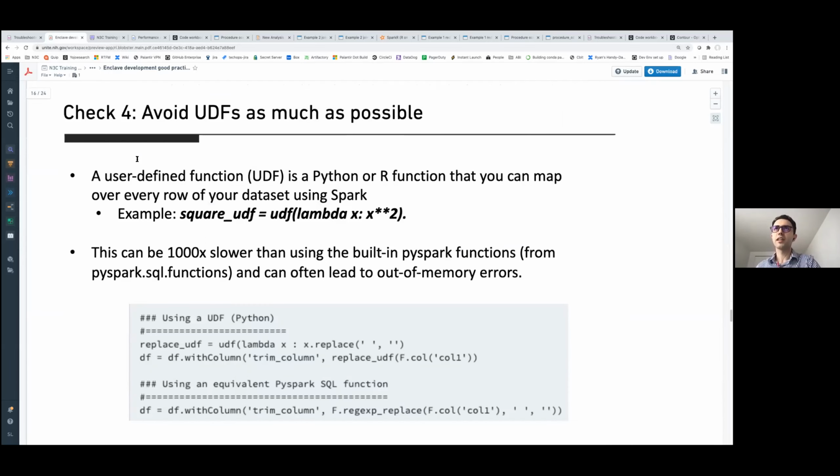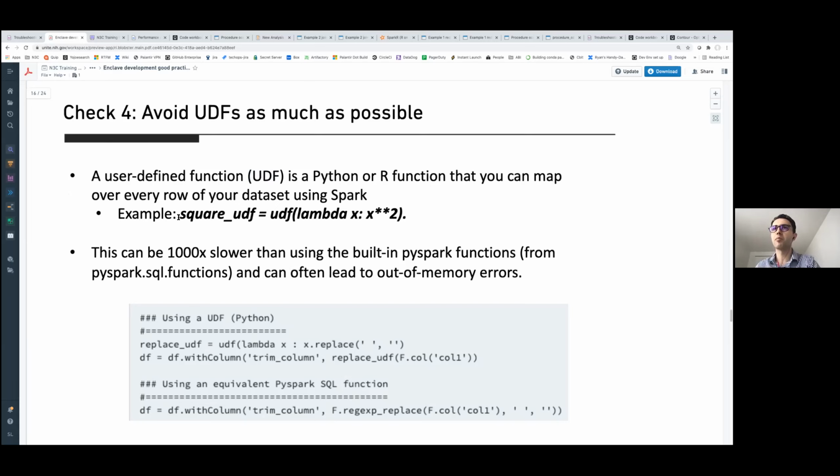The fourth check here is in case you're using user-defined functions. So these are for people who are manipulating Spark data frames, whether you're using Python or R. UDFs, or user-defined functions, are essentially functions that apply a transformation on each row of your data set.